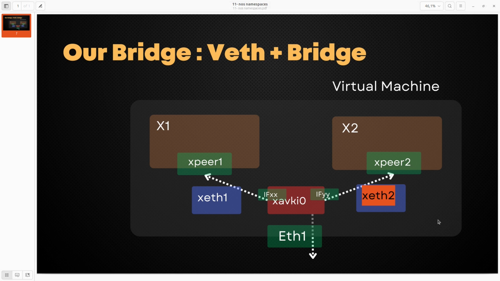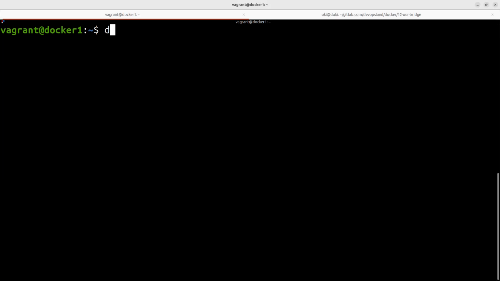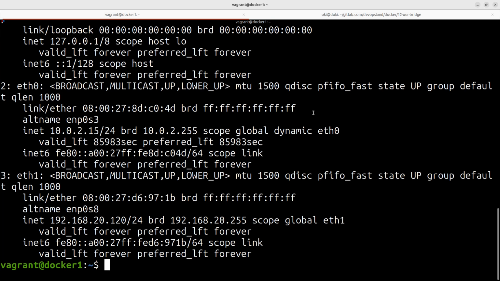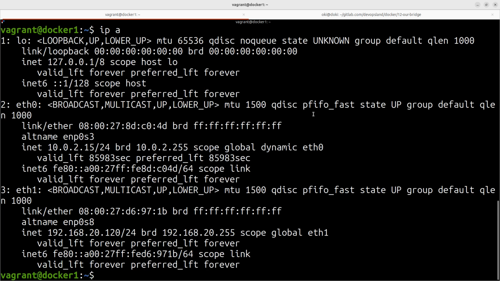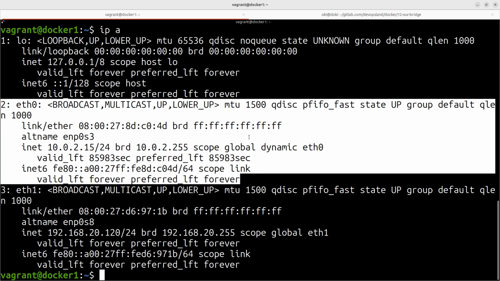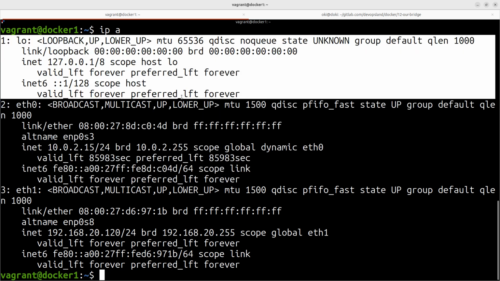We can open a terminal. We don't have Docker installed on our virtual server. If we check right now how many interfaces we have on our server, you can forget eth0 because this is dedicated to Vagrant. We have only the loopback,